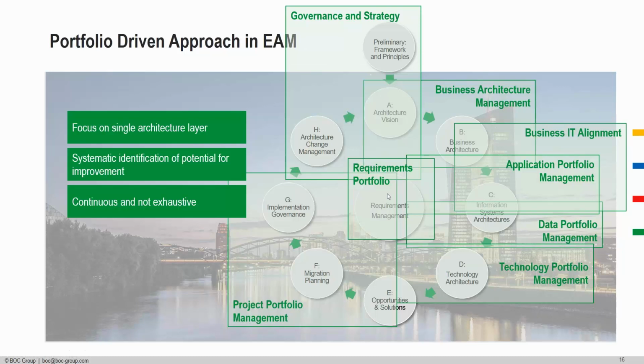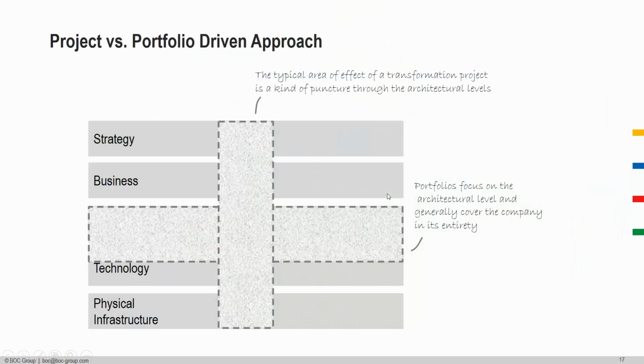So if we look at the difference visually between a project versus a portfolio-driven approach, you can see here that the project-based approach that I described is solely focused on one strategic goal. Obviously it starts at the strategic level because that's where your goals are defined, but the affected area of such a transformation project will be felt like a puncture through all of the various architecture layers that you have. So there's going to be some impact felt across the board,